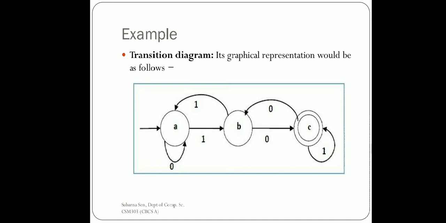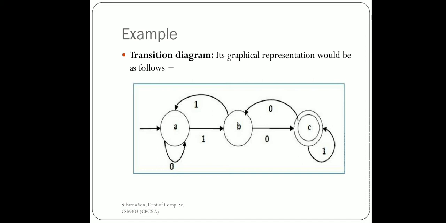It's A, B and C, and if we have to mark A as the initial state, you can see an arrow is associated to it, and if we have to mark C as the final state, we have to double circle it. Okay, these are the rules we have to follow while drawing the diagram. So on getting 0 at A, it will remain at A; if we just consult the table, the concept will be much clearer.